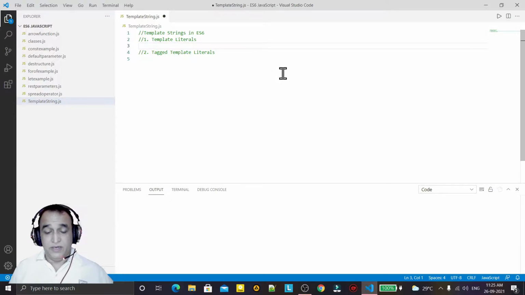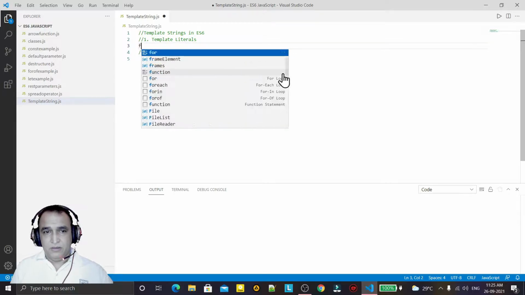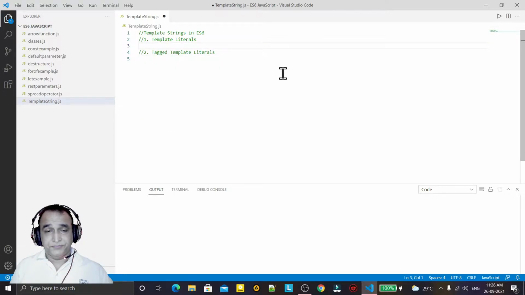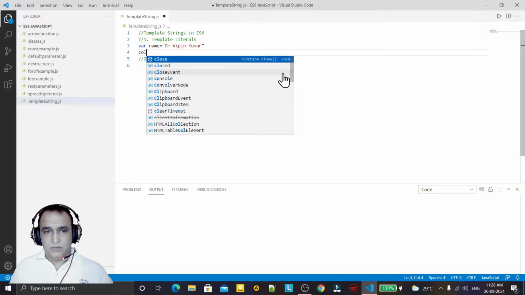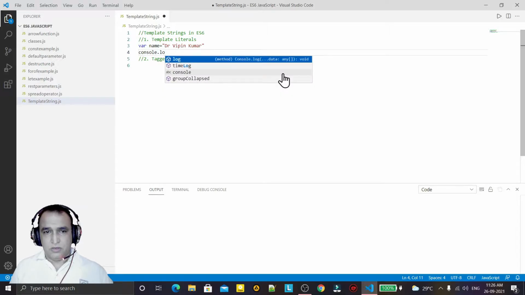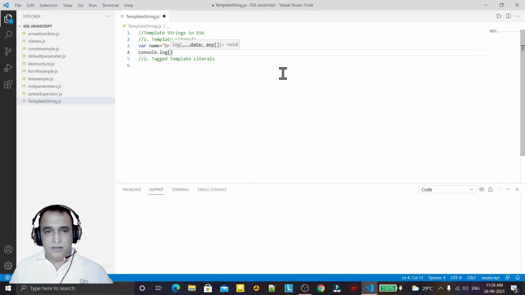With an example we will understand. In previous JavaScript, if I declare a string, say I have a variable name and I assign Dr. Vipin Kumar to it, and I want to display this message with console.log, I write my name is, and then I have to use plus, and then use the name.